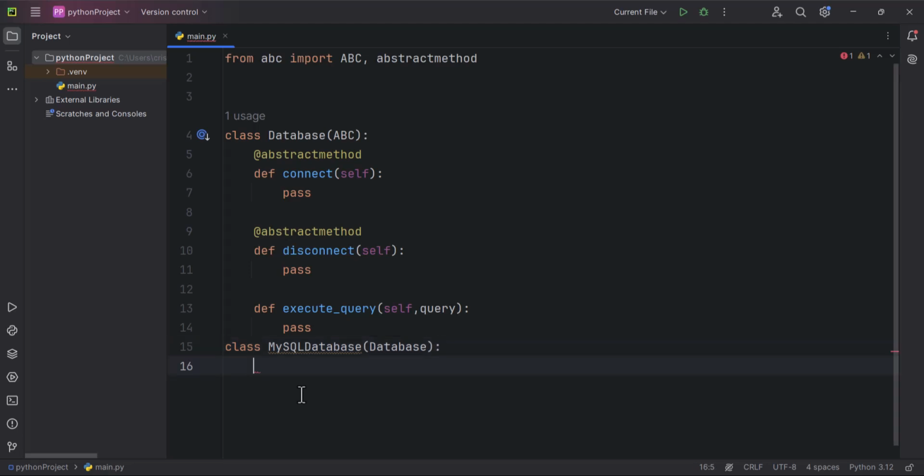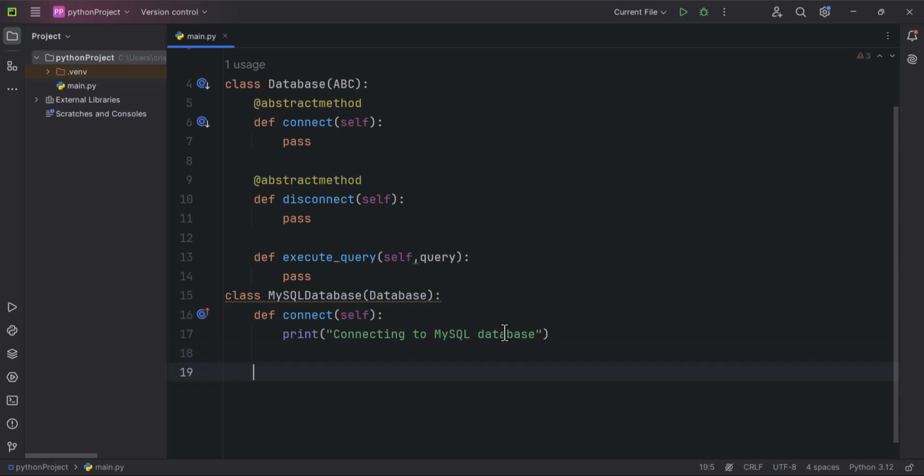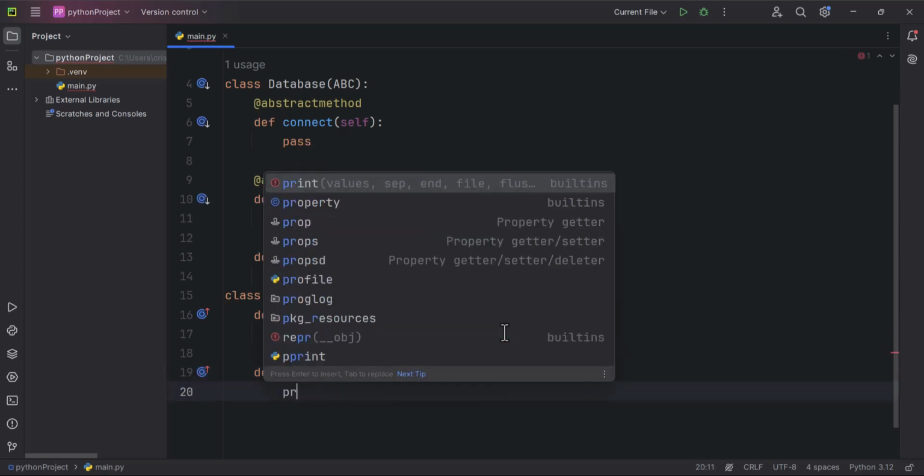I'll type here def connect, and I'll put here print, it's going to say connecting to MySQL database. I'm going to go down here, I'll create another one, def disconnect(self), and it's going to say print